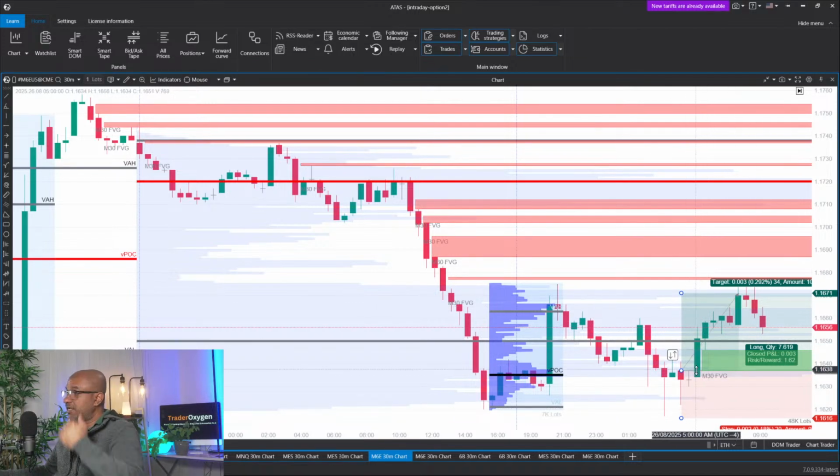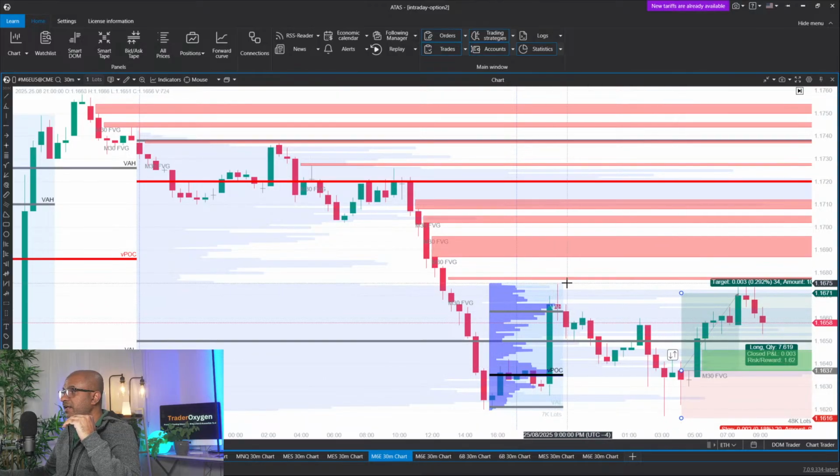And then you can see the price immediately tagged our entry, because we placed the order just above the candle. Basically we placed a buy stop order because we place it above the price. So the buy stop order got triggered, and then you can see we were targeting this swing high, because